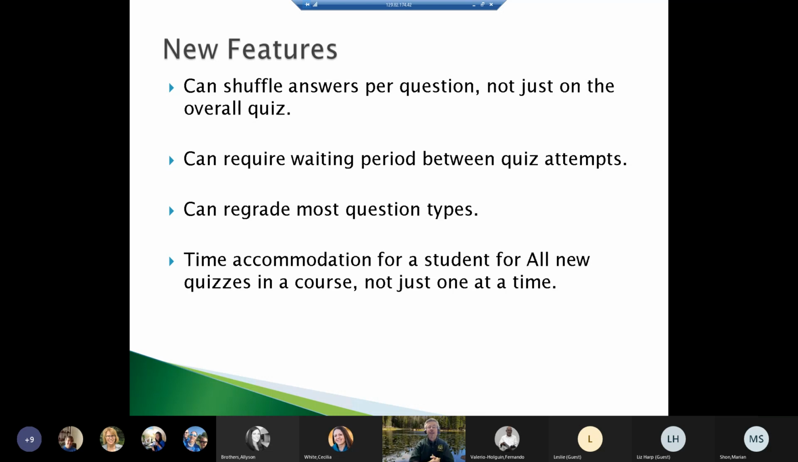But this literally lets me say, question by question, I can go ahead and shuffle the possible answers that each student sees. If I'm allowing multiple attempts on a quiz, I can put in a cooling off period or a